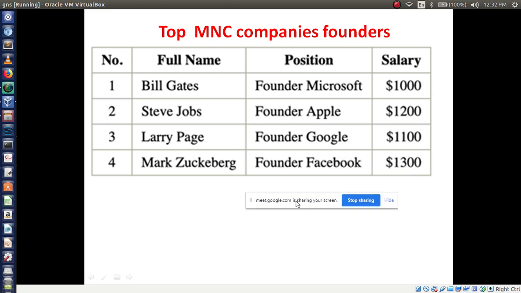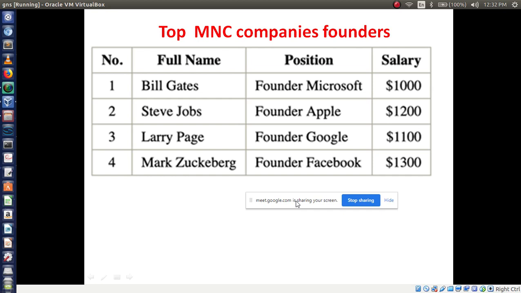Now you just display a table like this. So start writing the code. Table, then give a border size 5, then caption, use the caption tag. In that you have to write top MNC companies founders, then close the caption tag. Then how many rows do you need? 1 2 3 4 5, total 5 rows. So you have to use total 5 tr tags.